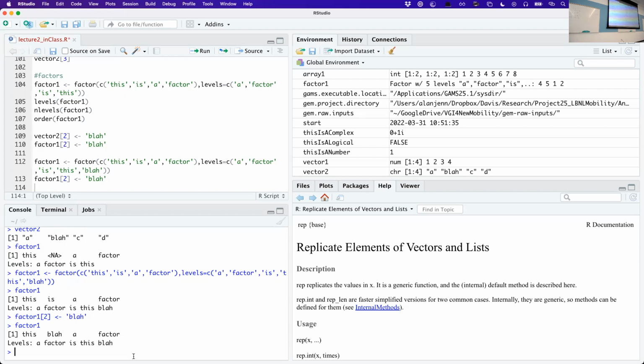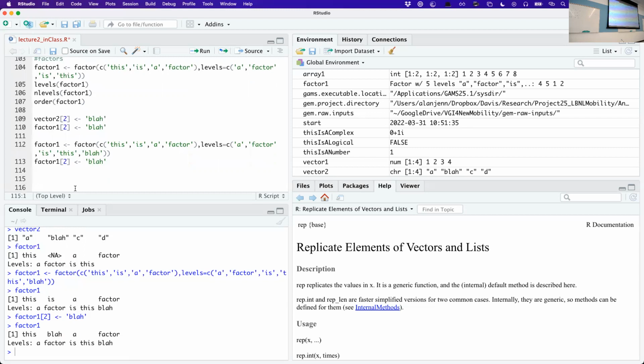Any questions? How do you add levels after we have defined? Yeah, good question. I was just thinking that. I'm not sure. Does anyone know how to do that? Okay, I know how to do that. I'm just kind of thinking about whether or not there's a more efficient way. What I would do is, actually, let me just use this exact example. So if you ignore lines 112 and 113 and we wanted to add that in, what I would do would be this. Factor 1 is